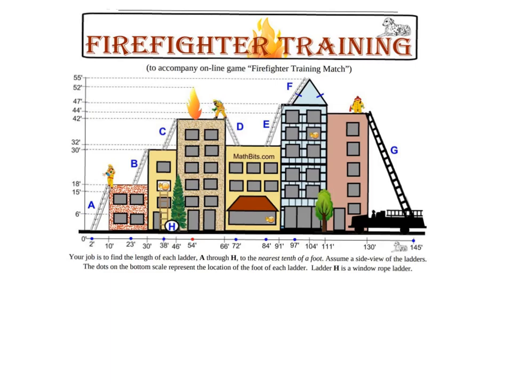If you're having trouble with the firefighter training activity, you can watch this little video. I'm going to pick a couple of the ladders just to show you how to do them. I'm going to skip A because A is pretty easy and start with B because that one's a little bit trickier to figure out. So first off, in these pictures, we're always going to be finding the two legs first